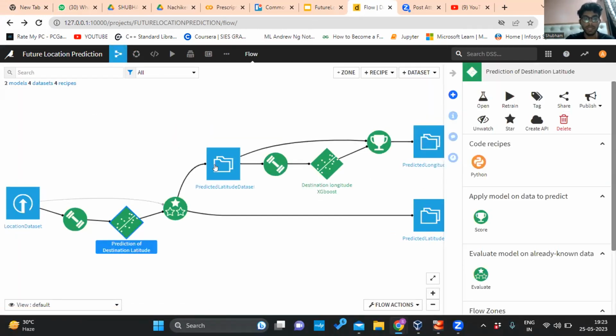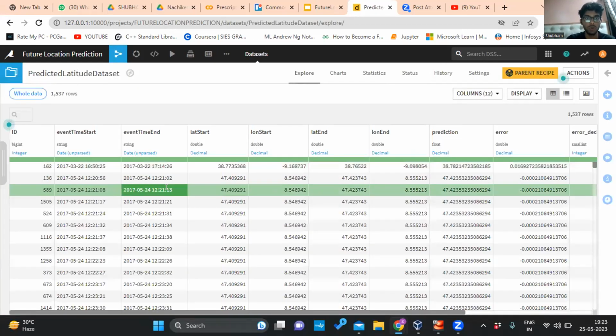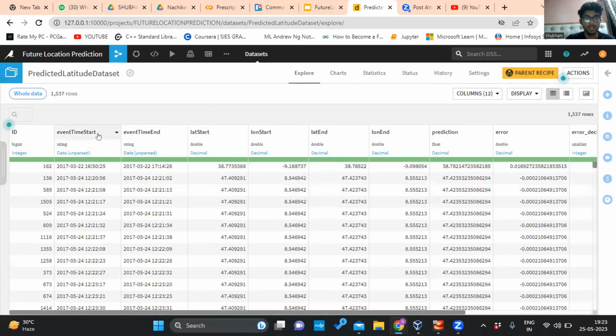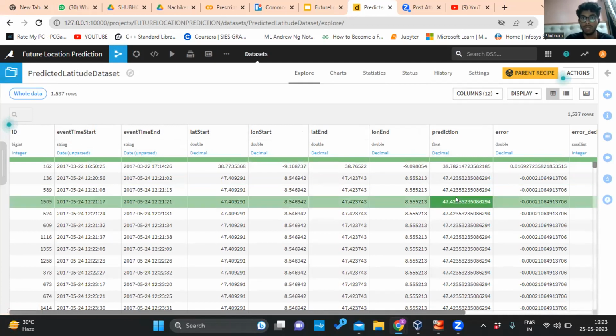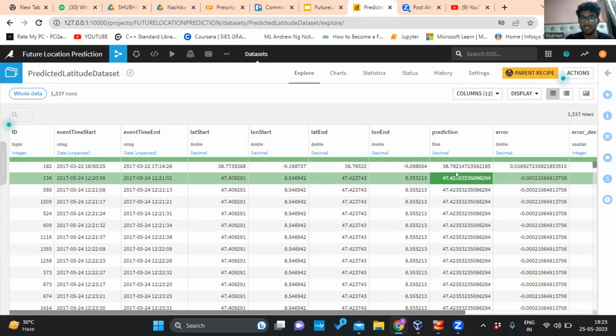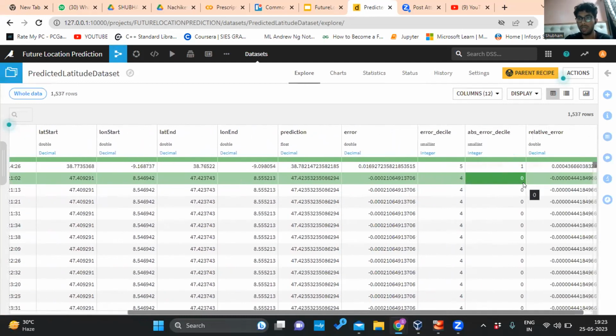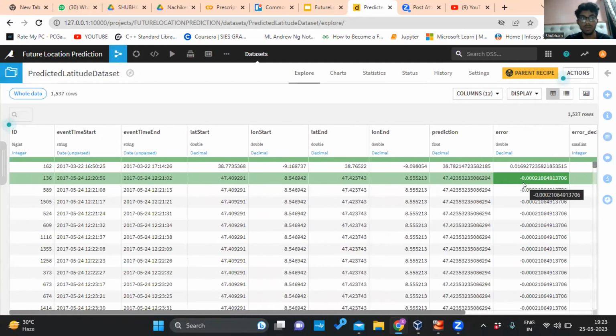And then we get this following predicted latitude dataset after applying the algorithm Lasso-Lars on the previous dataset. So now we get event time start, event time end, latitude start, longitude start, latitude end and longitude end, and the prediction that we got for the latitude end. So you can see that it's almost kind of the same, and the error is also given, and the relative error on all those